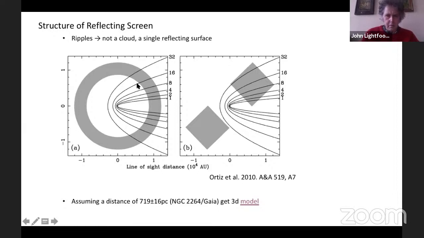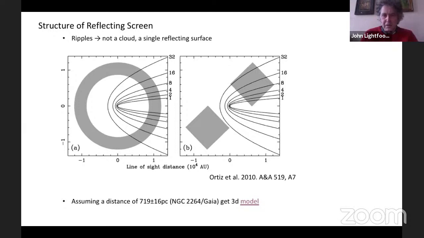So at time one, you have this... what's my pointer? At time one, you have a parabola on a certain surface, which shows that light must be hitting that surface to be seen by you. At time two, the surface is moved out slightly, and at subsequent times it moves out further and further.